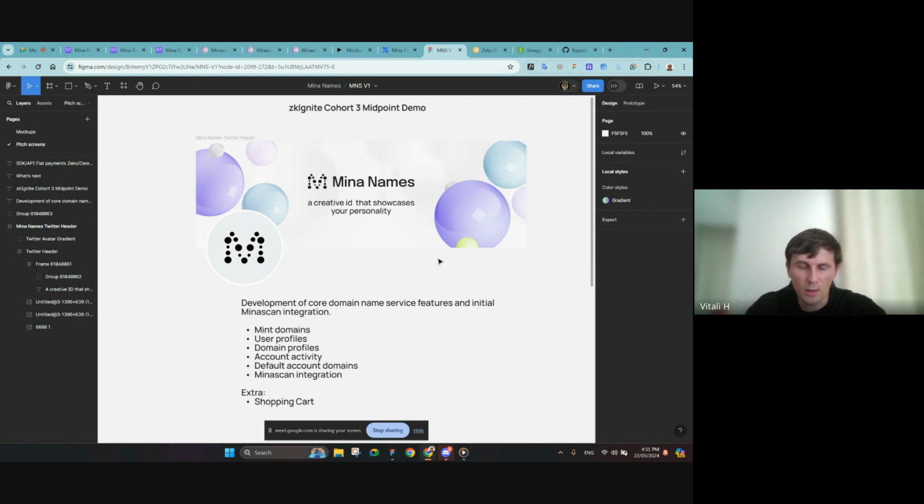Minting domains, creating profiles, seeing domain details, and the ability to see activities, so what was going on with domains, with buying them, and what transactions were executed. I think a really convenient and interesting feature is the integration with Minascan, and we also provided it.